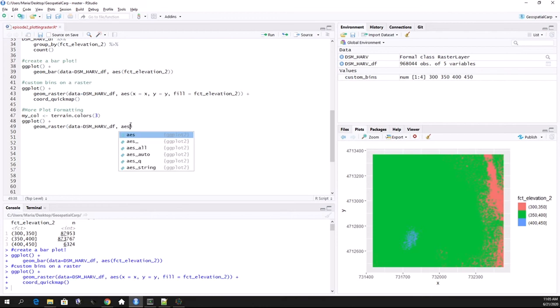Again, the aesthetic AES, x is equal to x, y is equal to y, fill is equal to factor_elevation_2,